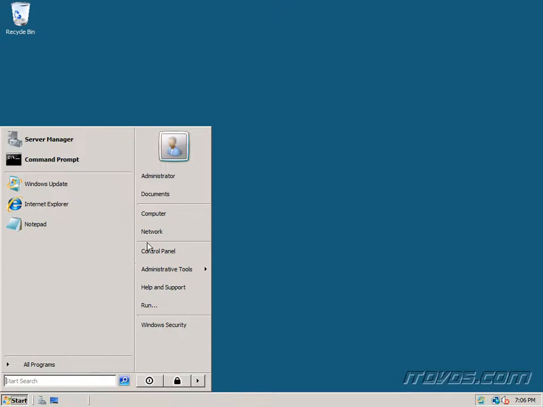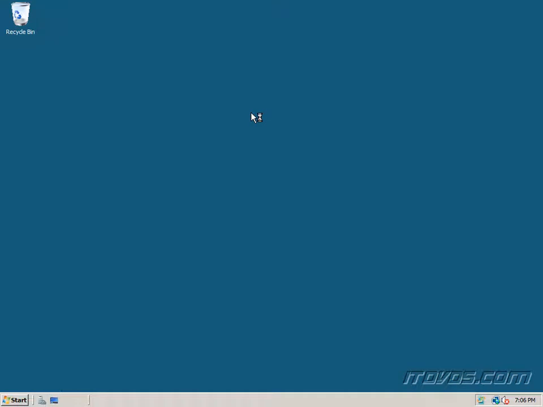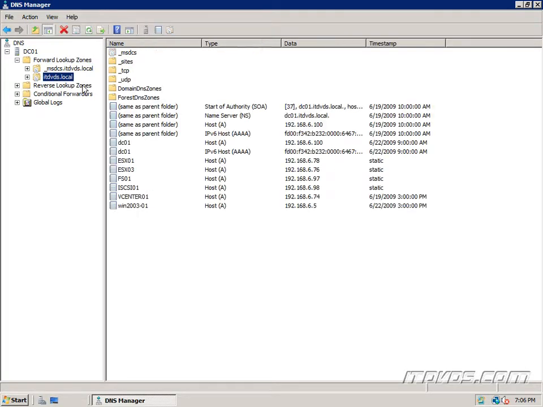So I'm on one of my domain controllers, and I'm just going to go to Administrative Tools, click on DNS. You don't necessarily have to be on the domain controller to configure DNS. You just need to be able to configure it. I'm going to expand forward lookup zones, and we're going to add an A record or a host record to our itdvds.local forward lookup zone, because the itdvds.local is the domain that we're going to add our ESX server to, and